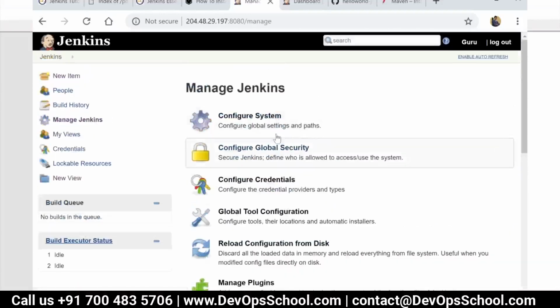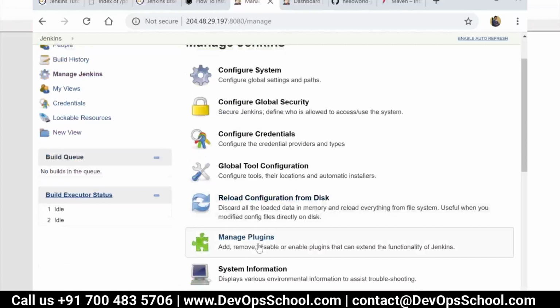So this is all the administration section, guys. If you want to manage Jenkins, this is a very important place. You need to thoroughly know about it if you are a Jenkins admin. So if you go to Configure Global Security,